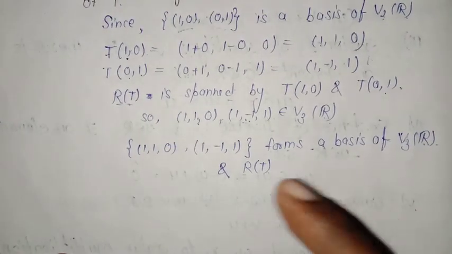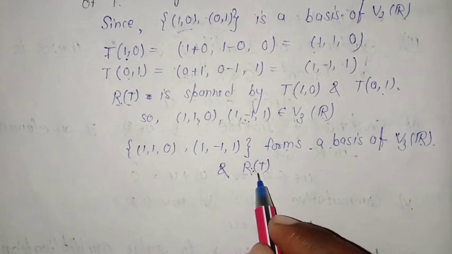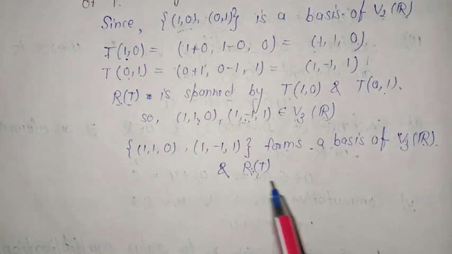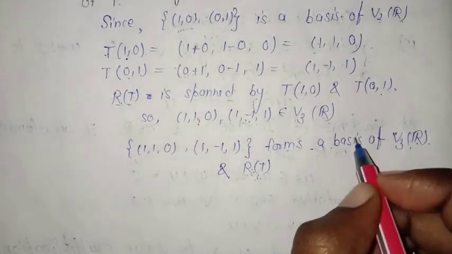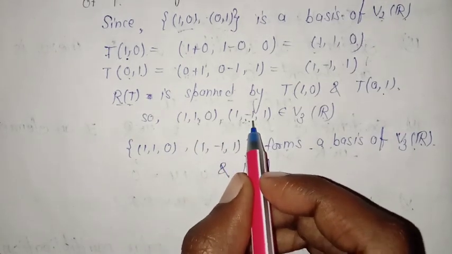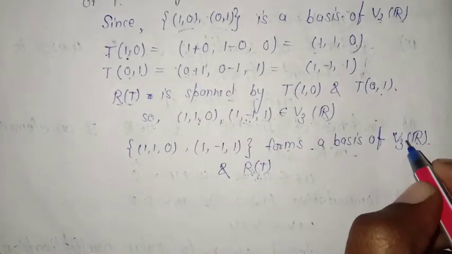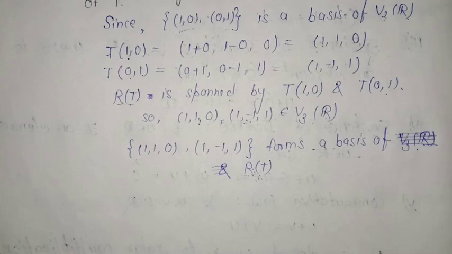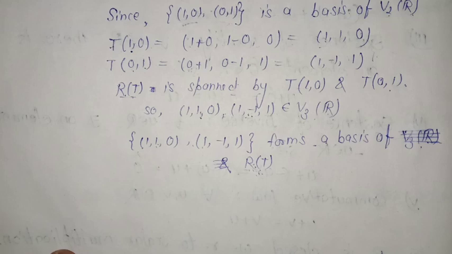So now if it forms a basis of range of T, then we know that the dimension of the space is determined by the elements of the basis. So the dimension of the, actually this will not form a basis for V3 over R, because V3 has 3 elements and the dimension of V3 over R is 3, and it is not spanning V3 over R. This set of vectors belongs to V3 over R, but they cannot generate the whole V3 over R. That's why this will not form the basis for V3 over R. It is the basis for the range space of T. And how many elements are there in this set? So 2 elements are there.